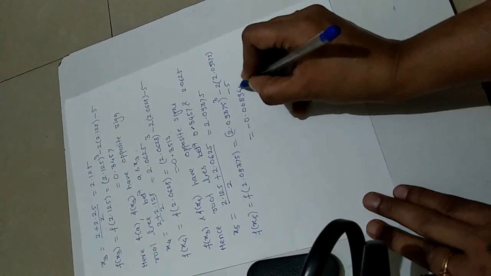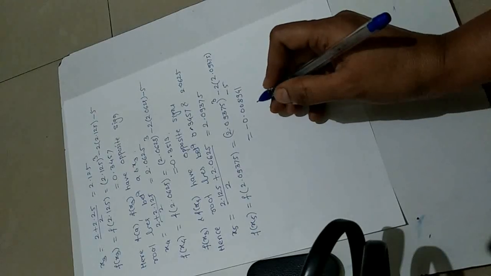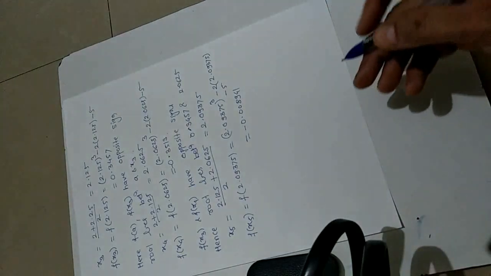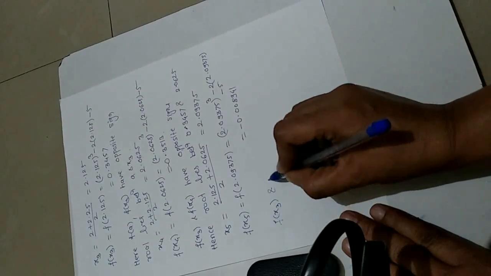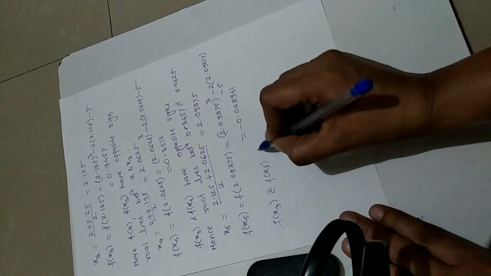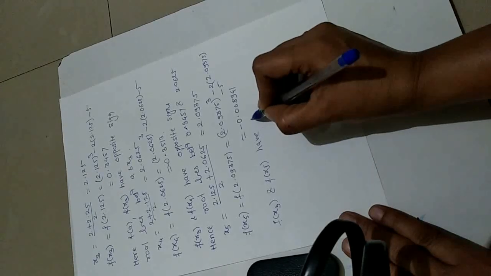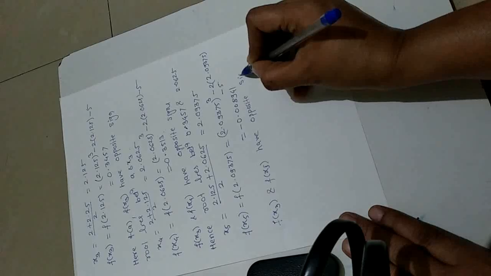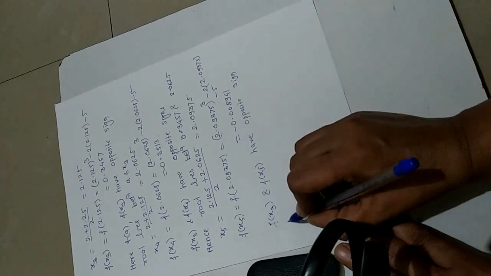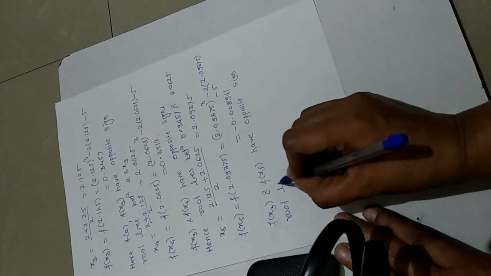Here again we see that f of x3 and f of x5 have opposite sign, and hence the root lies between 2.125 and